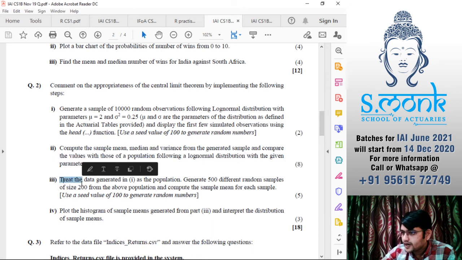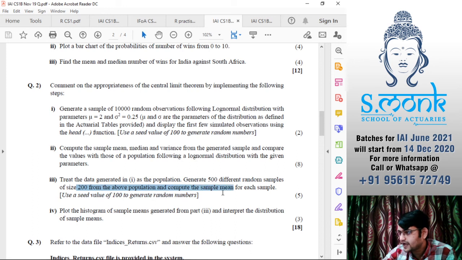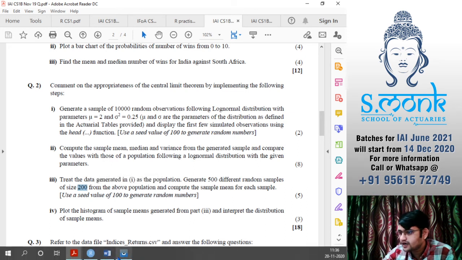Let's see the third part. Treat the data generated in one as a population. Generate 500 different random samples of size 200 from the above population and compute a sample mean of each sample. So basically they are saying treat this value as a population. Again use the seed value of 100 to generate random numbers. We need a sample of 200 from the above population. So for that,